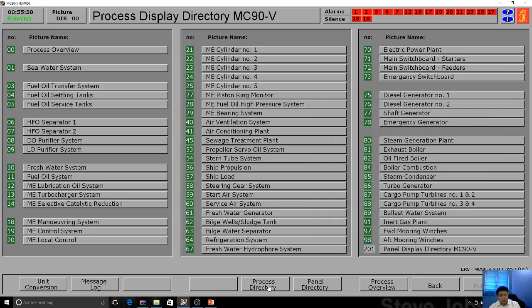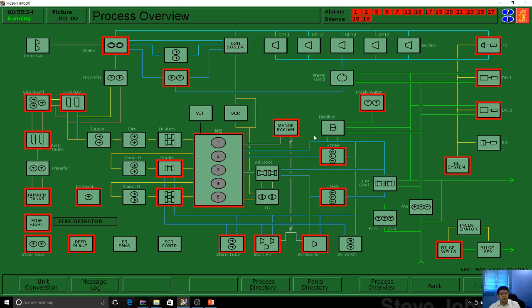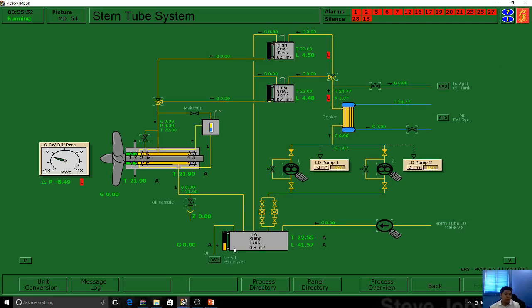Then the process directory is this one, the panel directory, and one of the key important things is the process overview. The process overview is very important because it links all systems interrelated to each other. Like the freshwater system is interrelated to the seawater, and the electrical system is interrelated to the diesel generator. So everything. The fastest way around here is when it blinks, you just click on it, and eventually